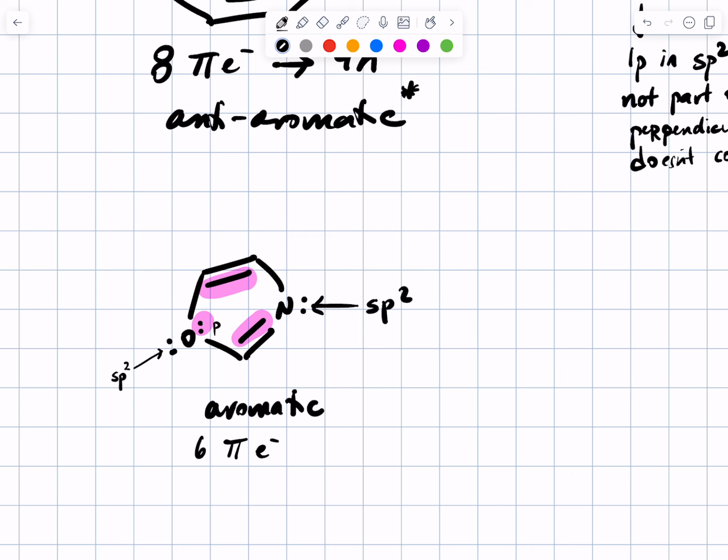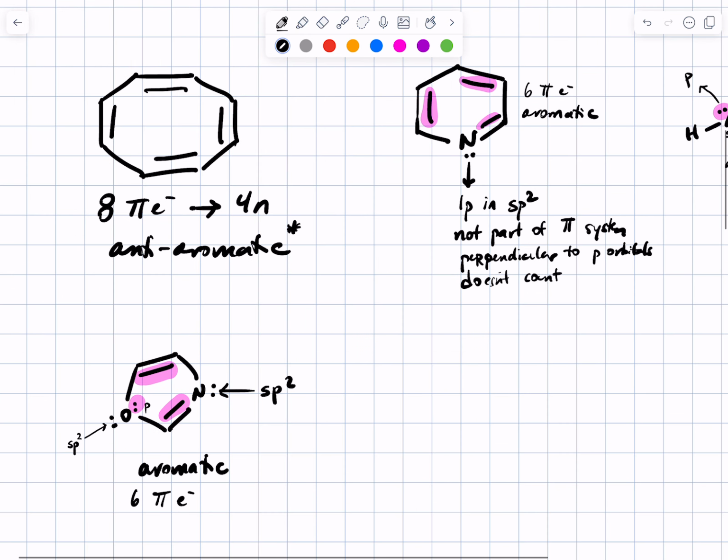All right? So to decide about lone pairs, look at the heteroatom. Is it already involved in a pi bond? If so, the lone pair can't be in a p orbital. If it's not, look and see, is there an adjacent pi bond? And if there is, then the lone pair will be in a p orbital so that it can participate in resonance. Yeah? For it to be aromatic, does it need to be adjacent to 2 pi bonds, or can it be adjacent